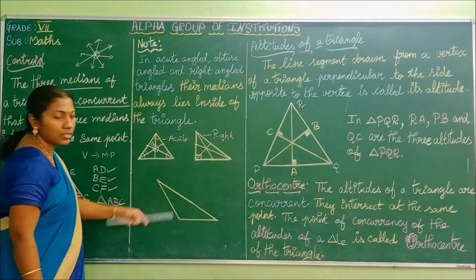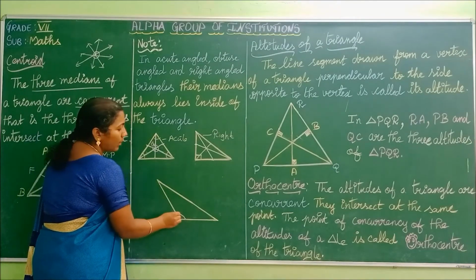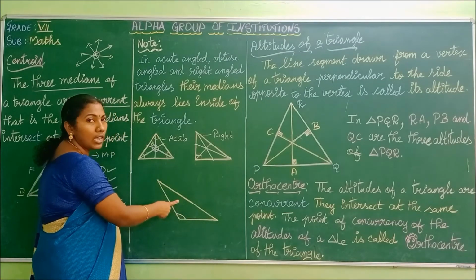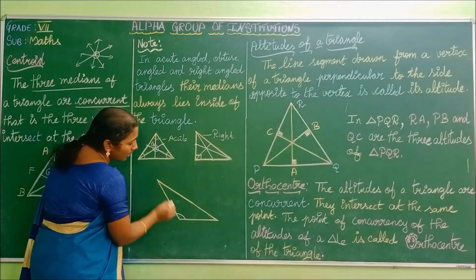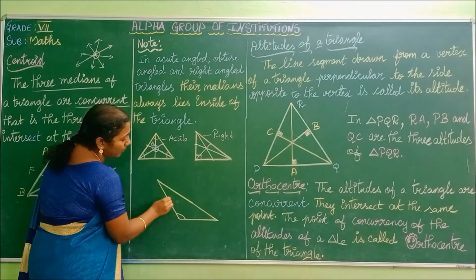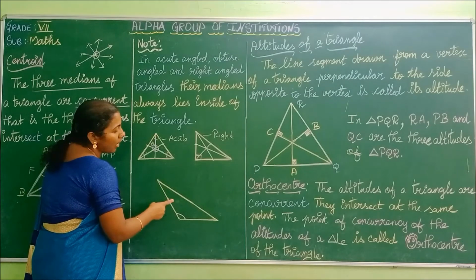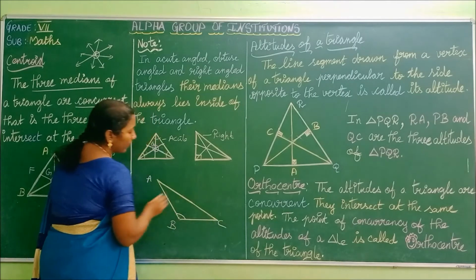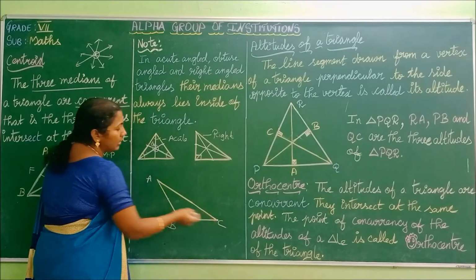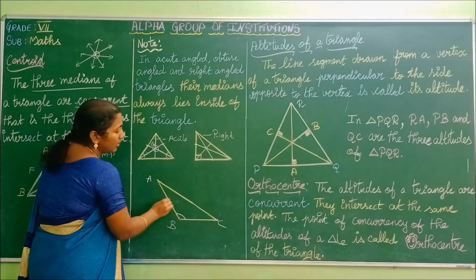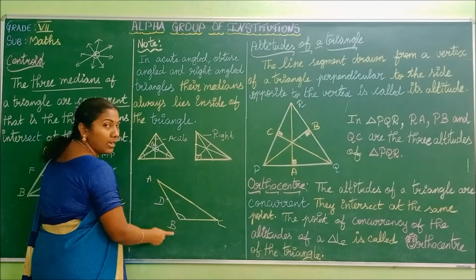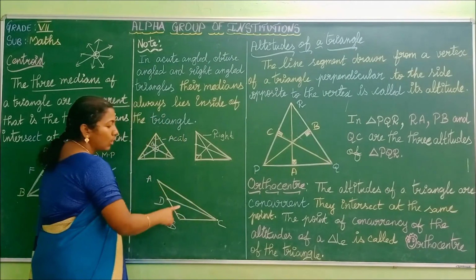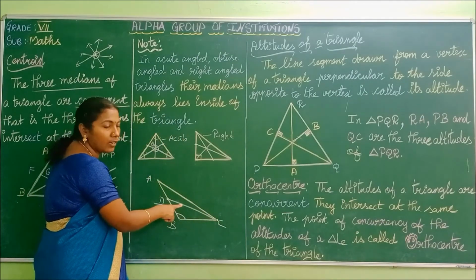See, what is the type of this triangle? Obtuse angle triangle. By seeing this, you can easily identify this is an obtuse angle. So we can call this triangle an obtuse angle triangle. So, what is the midpoint of this side? Think that this may be its midpoint. And which is the opposite vertex? See here, we can also name this triangle ABC. This is vertex C, its opposite side is AB, and think that this is the midpoint of side AB. Now we are going to join the midpoint to its opposite vertex. So we can call this a median.